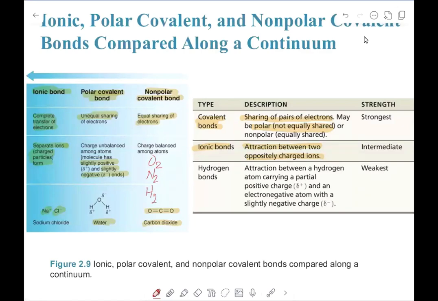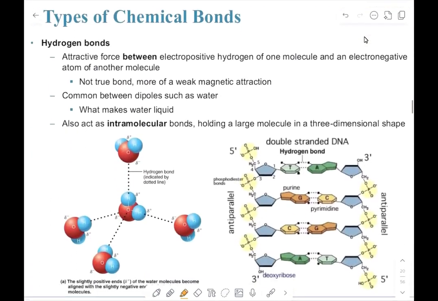non-polar covalent bonds. The third type of bond, which we'll see on the next slide, is a hydrogen bond, and it's the weakest type of bond. It's an attraction between hydrogen atom carrying a partial positive sign and an electronegative atom with a slightly negative sign. So it could be the partial attractions between water molecules, as we see here, and we call that intramolecular bonds because it could be within a molecule or it could be between molecules. So in this case, it's between water